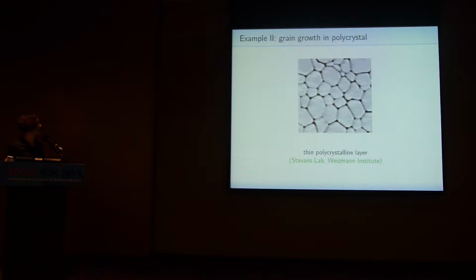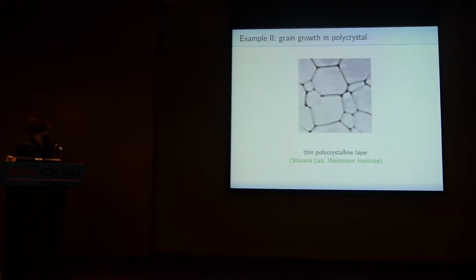So the interfaces are lines. They meet typically in triple junctions. So atoms move along these lines in a way such that the total length decreases, and once a grain vanishes, the whole network rearranges itself without destroying the network structure. So again, here you see a little movie. There you see how the dynamics go. Again, the large grains grow, the smaller ones shrink and disappear. And once a grain disappears, there is some change in the neighbor relations of the neighboring grains in order to keep this network intact.